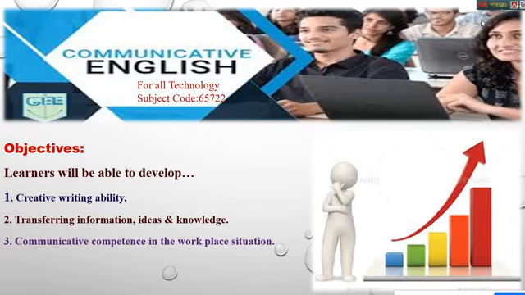But today I will show you how a composition of 150 words or more can be written and how, according to the methods of developing paragraphs, they can be accommodated